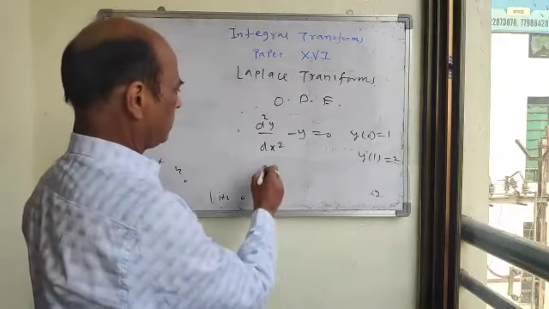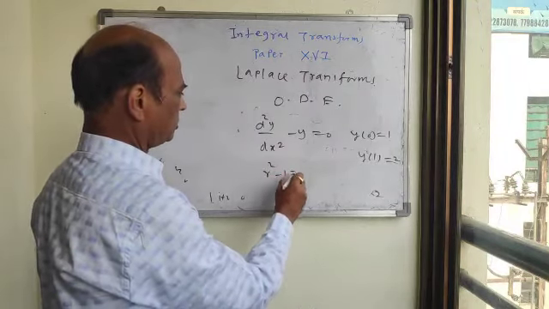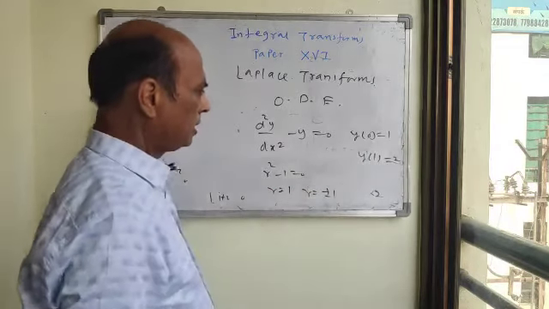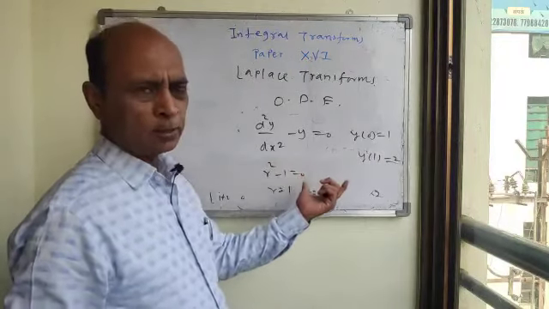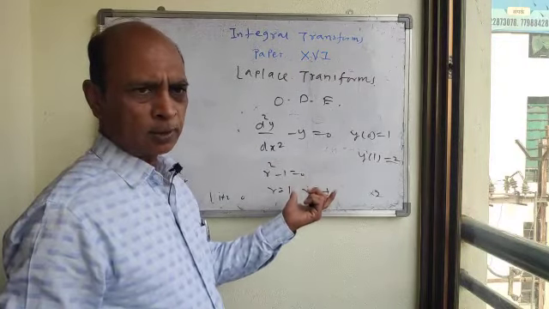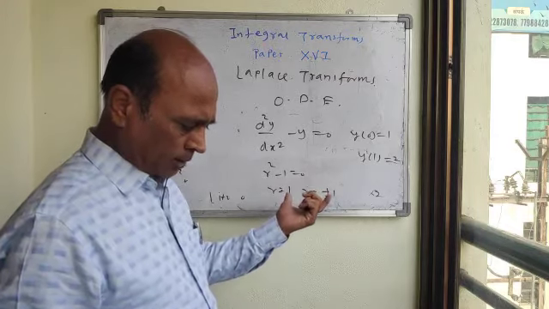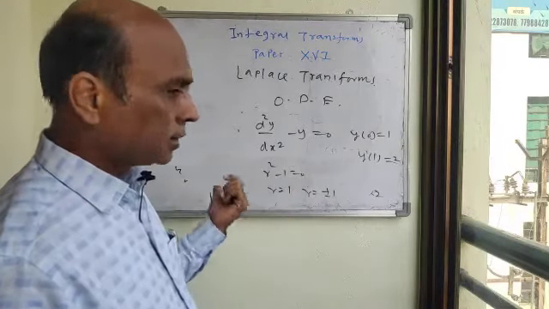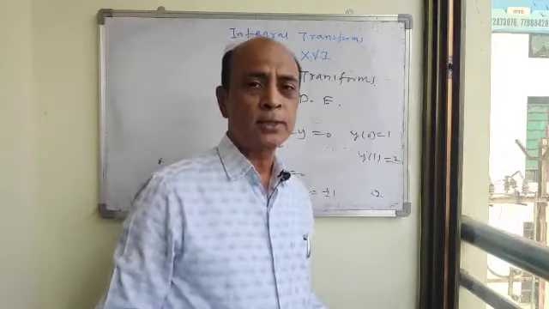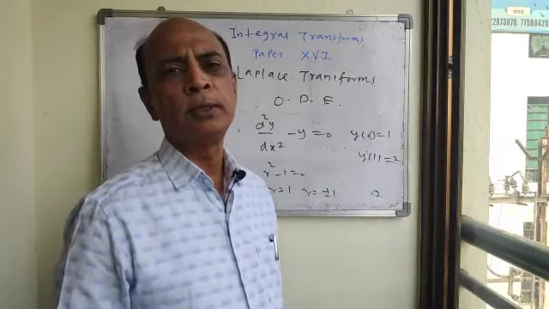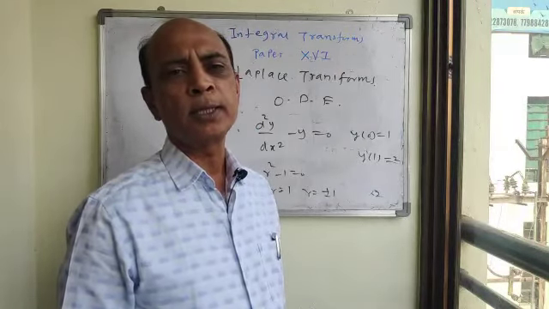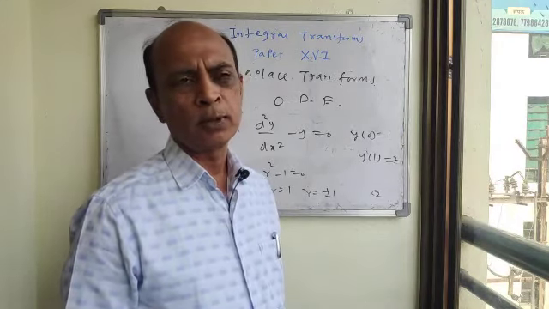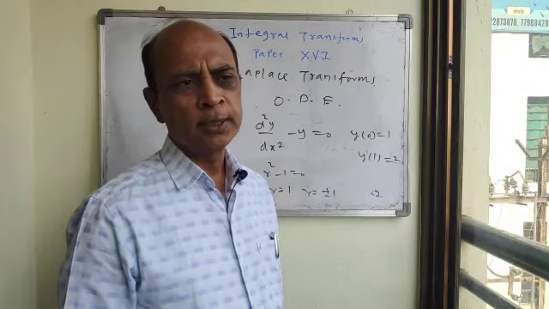Particular solution, that is r square minus 1 equal to 0, therefore r is equal to plus or minus 1, and then we have to find the arbitrary constants using boundary conditions, and the general solution. But here, without finding the general solution, you can solve the ordinary or partial differential equation by applying Laplace transform. And for that purpose, we have to study these transforms.